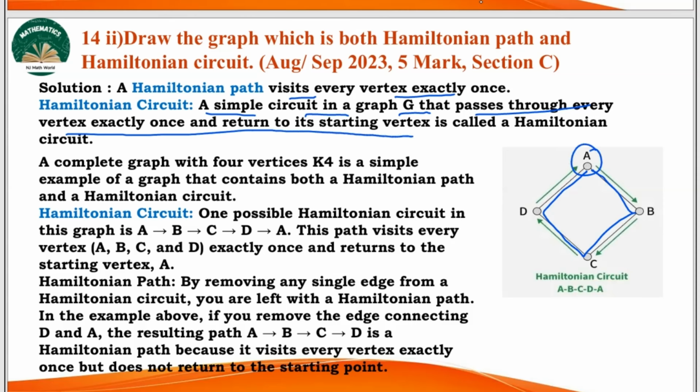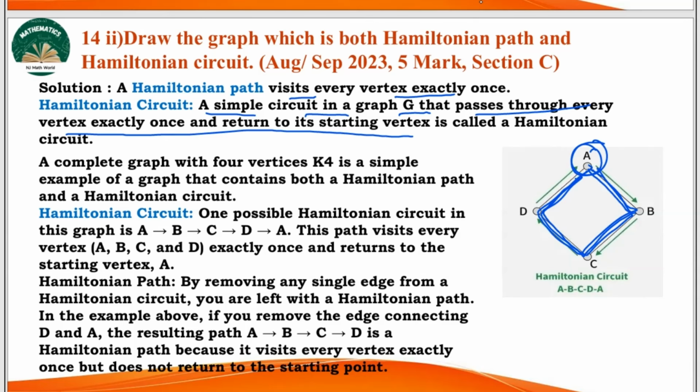So it is going from A and B to C, C to D, and D to A. When it comes back to that particular place, it is called a Hamiltonian circuit. What will be a Hamiltonian path? It should move through every vertex only once. That is A to B, B to C, C to D, and D to A. So this is the Hamiltonian circuit and Hamiltonian path. The Hamiltonian path will be A to B, B to C, C to D. And the circuit is the one which returns back to that particular place.